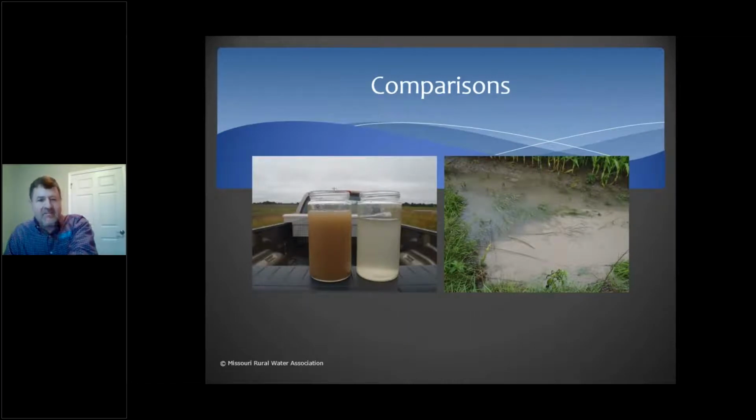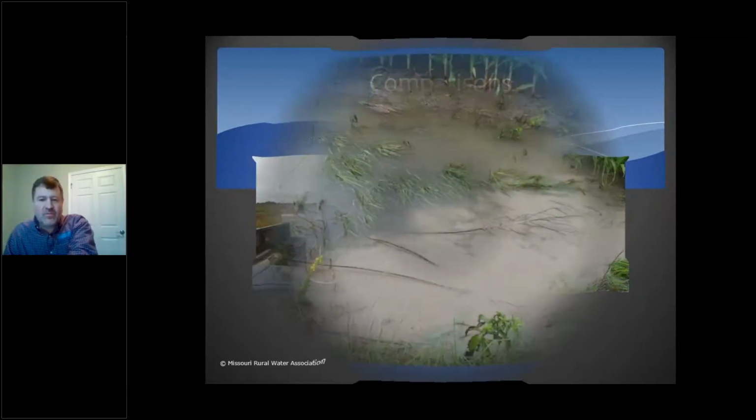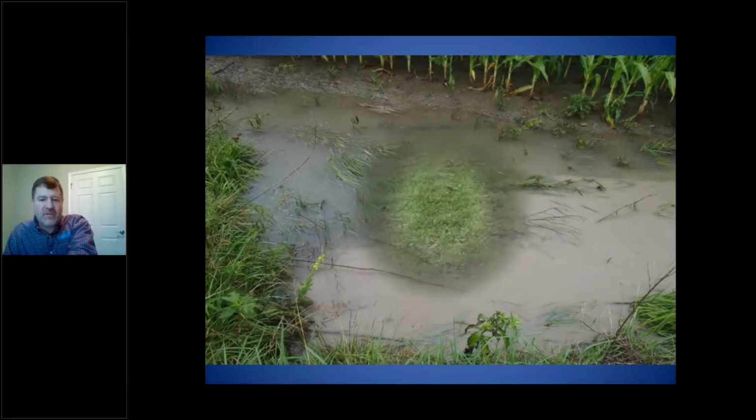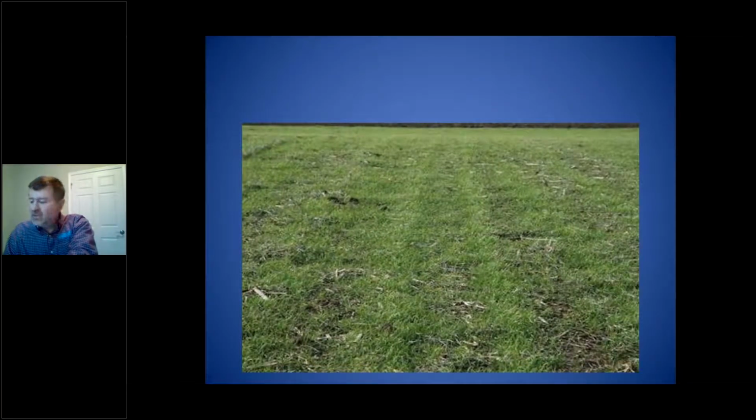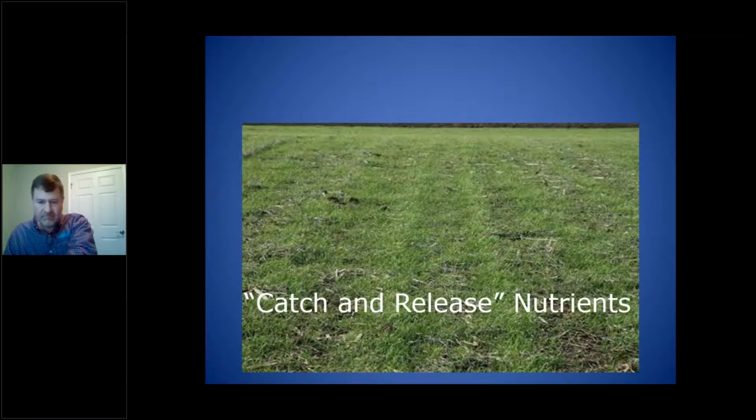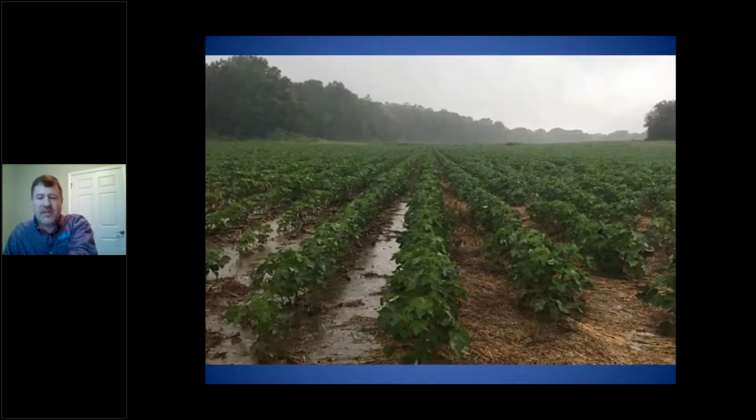Now look at that. Drinking water on the right or drinking water on the left. That's dollars right there. That's treatment cost right there. Just some more pictures that really show the benefits of this right off. Just another little picture I like to put up of the strips there. You know, putting something there that ties up that nitrates, leaves it on the field where it's not getting in the water. Catch and release nutrients like we talked about.